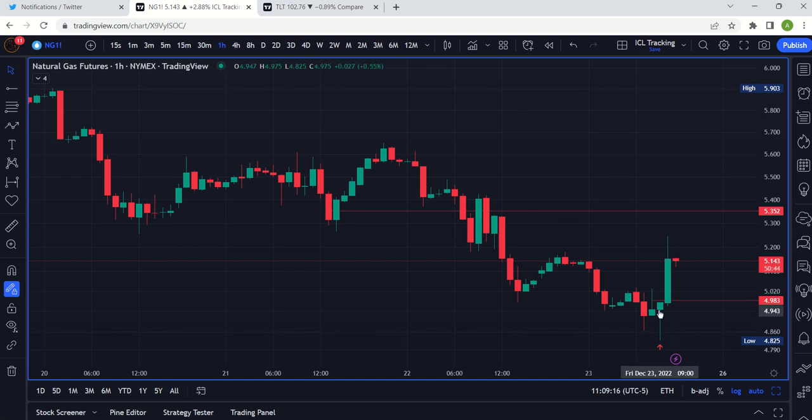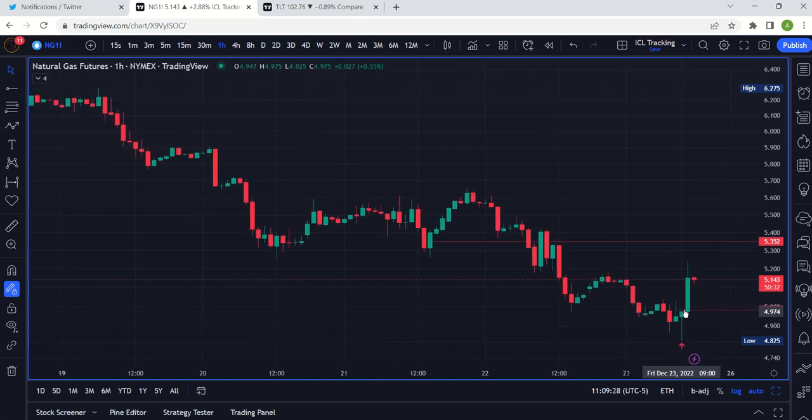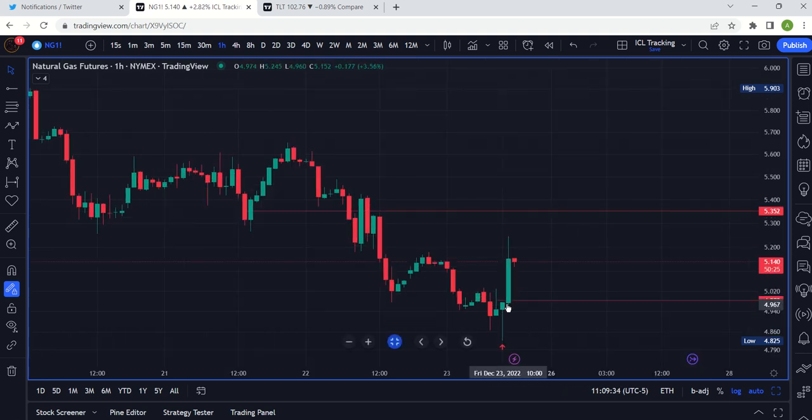The bullish version is, a swing high is how a downtrend ends. A swing high is how a downtrend ends. A swing low is how an uptrend begins, right? So the uptrend begins with a swing high, a swing low, and it ends with a swing high. So by going, and this is your hourly candle, by going above $4.97, and right now what is our current price? We're at $5.14. We made a swing low.